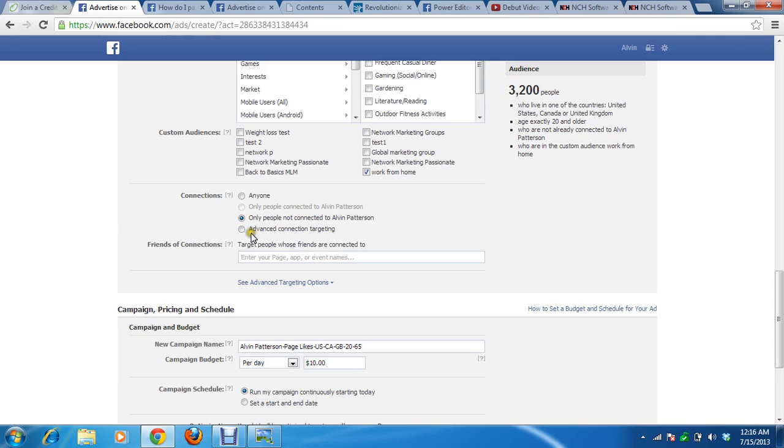All right, so we got our target audience, and then this is very important too, guys. You want to go down to connections, and it says here it's defaulted to only people not connected to Alvin Patterson, and that's a decision you're going to have to make. It depends on what you have, because a lot of times with me, if people are connected to my Facebook page, I'm kind of targeting them right there from the page, and so this will work okay for me. But if you have a Facebook page and you're not really marketing this particular thing on that page,